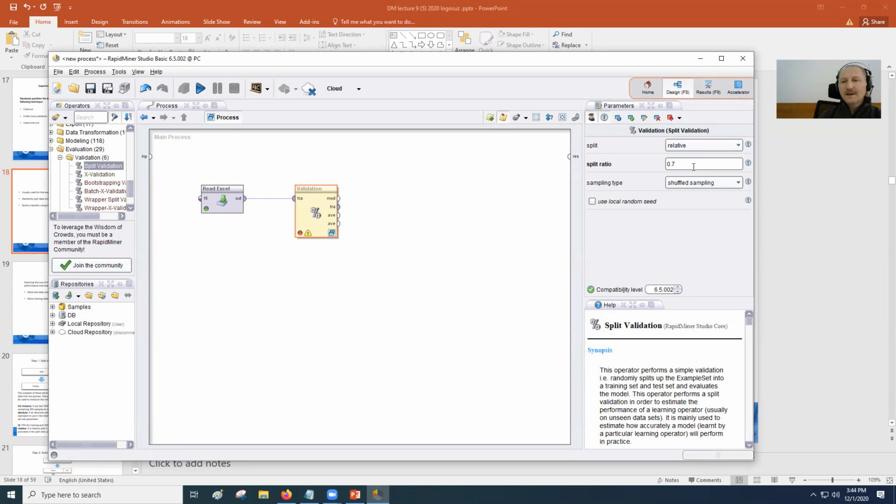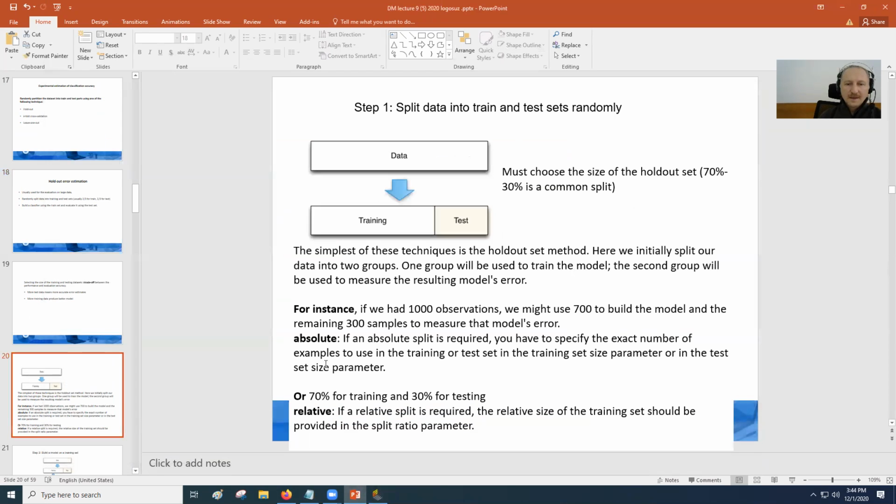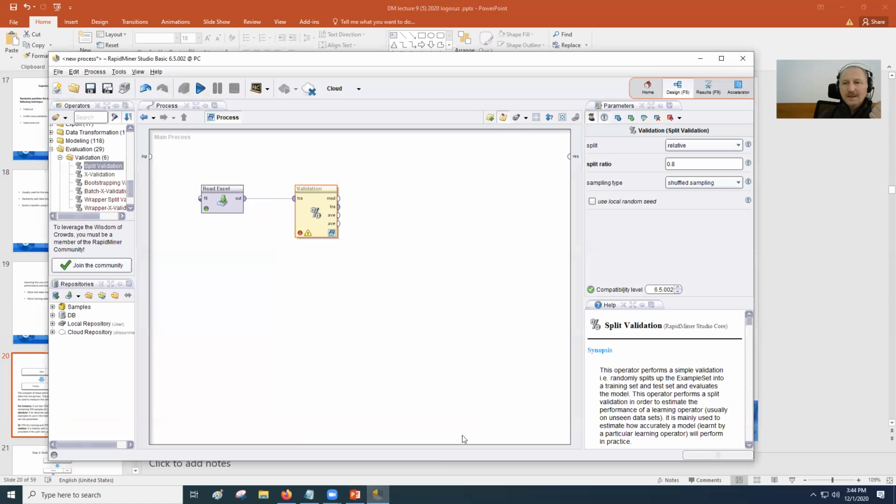And then we want to divide our data into two parts. Here I am writing that I want to split my data into 80% for training, remaining for testing. You have two options here: absolute or relative. Now I have used the relative technique: 80% for training, 20% for testing. But you can also use absolute, where you tell a number. For example, I can tell 100 of them for training, 100 randomly selected samples will be used